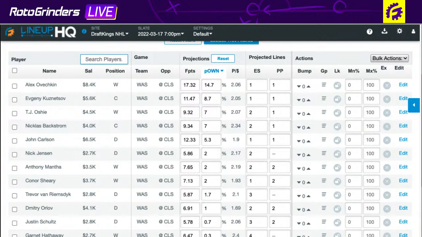Well, just like we talked about before, the minutes for Ovi are trending way down. I mean, he's down well below 20. I think he's played around 17 or 18 minutes the last 3 or 4 games. And that makes me nervous in what would otherwise be an unbelievable matchup. The Blue Jackets allow the most shots on goal of any other team in hockey. They played in Canada last night and then have to travel back to Columbus for this one. I mean, this is a tremendous spot for the Capitals. I would,